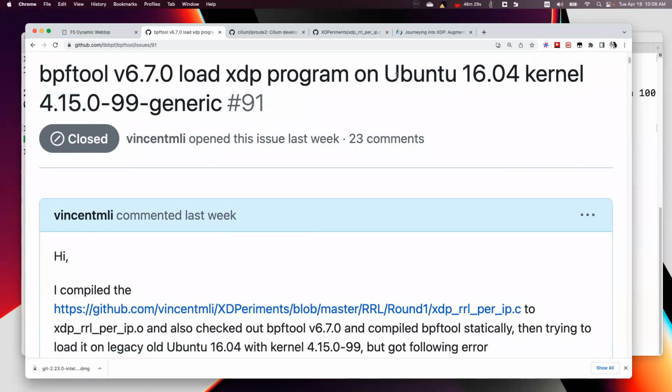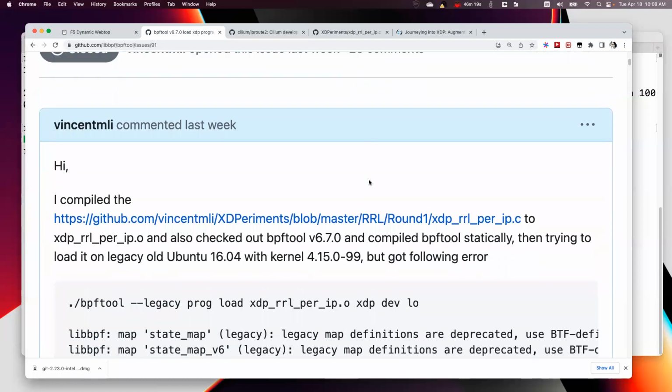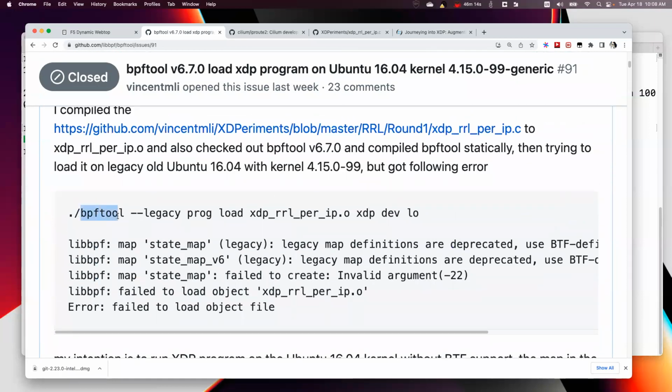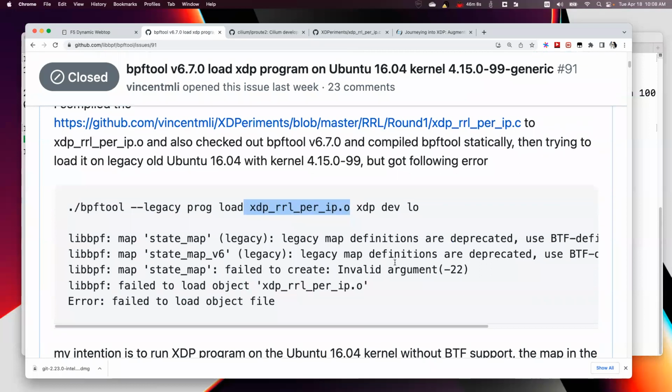So this is actually already too old for the eBPF world. And as you can see, when I run the BPF tool to load the XDP program, it says